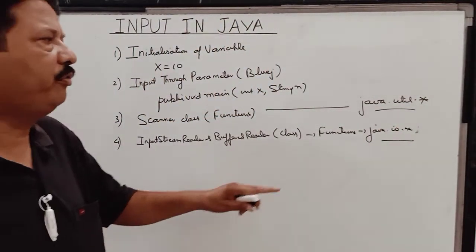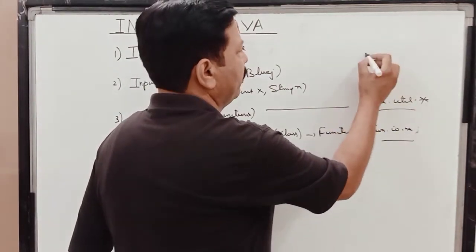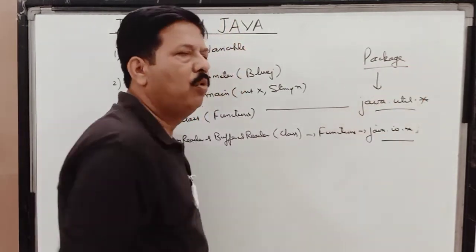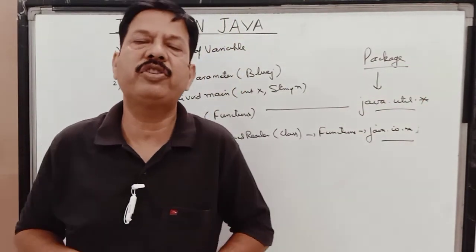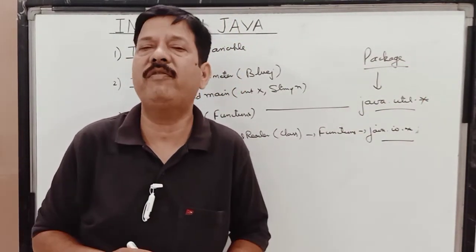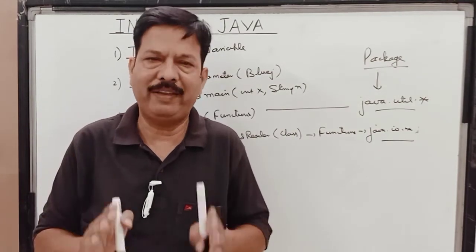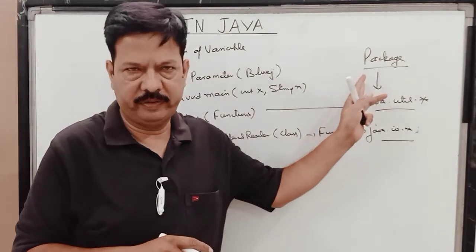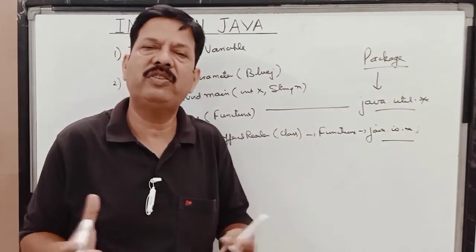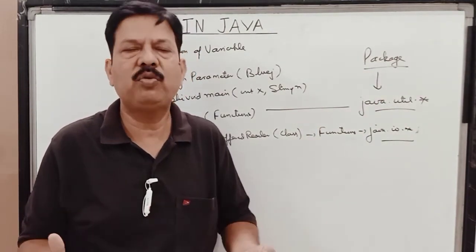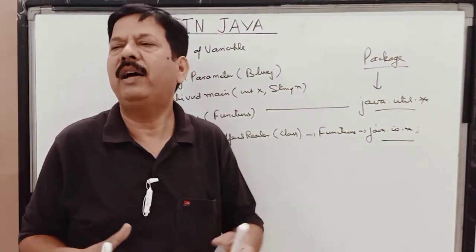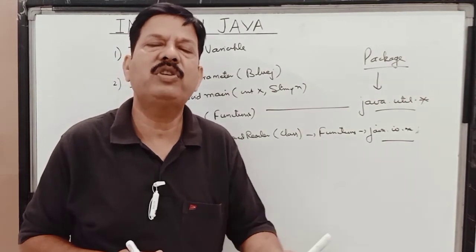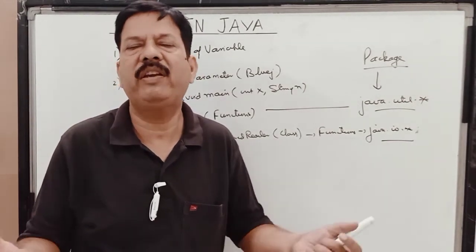So children, first of all we'll talk about what a package is. In Java children, most of the functions are ready-made programs or user-defined programs. They are stored in classes, and these classes are stored in packages. So we have many inbuilt packages in Java, and packages you can also create, and the project which you are preparing in your BlueJ is a package where you are storing different classes.